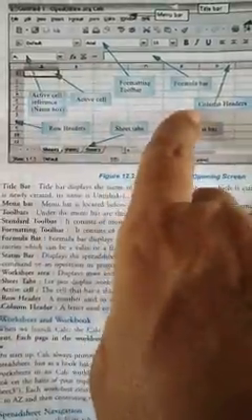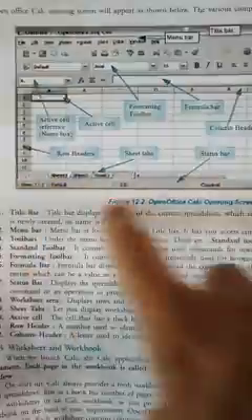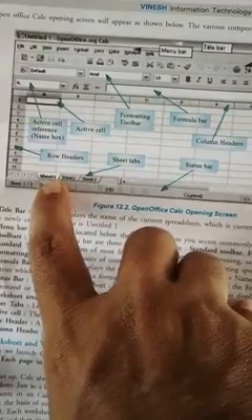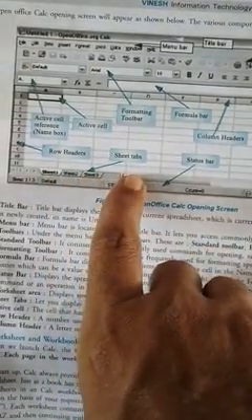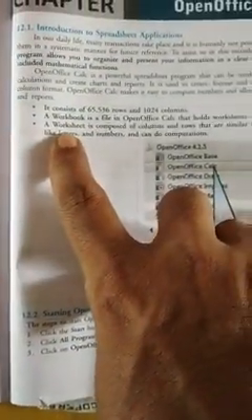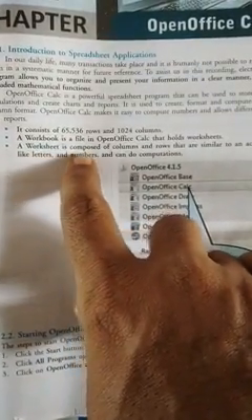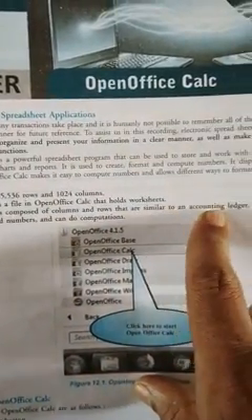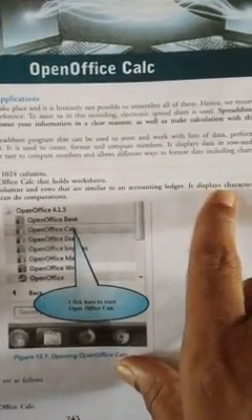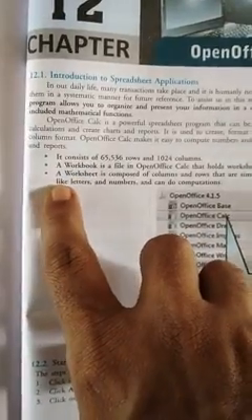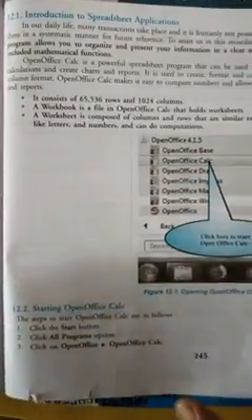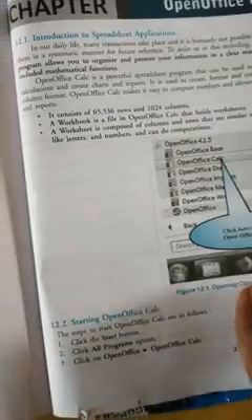The whole document is called the workbook. A worksheet is composed of columns and rows, similar to an accounting ledger. It displays characters like letters and numbers and can do computations.